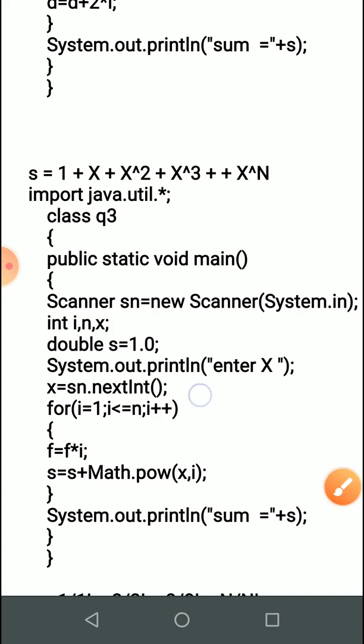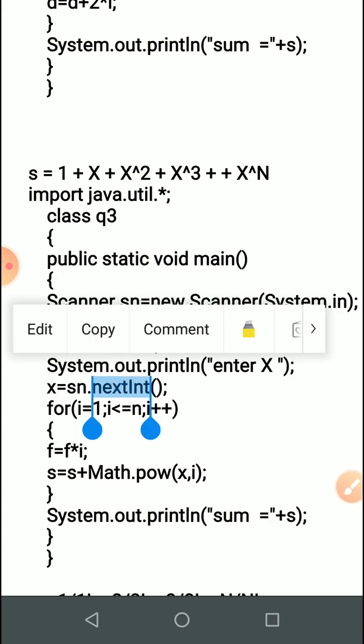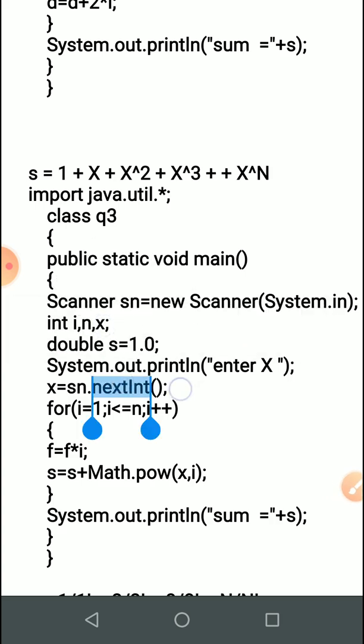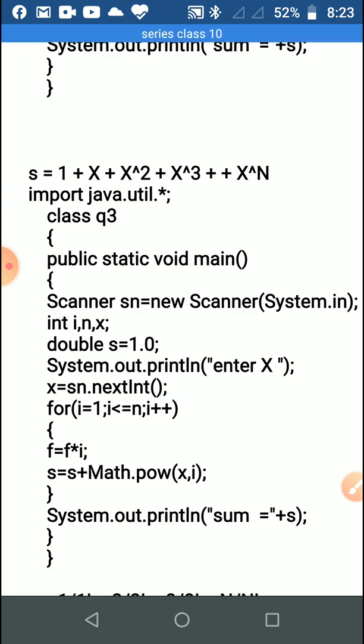So here n is not entered. We will edit this.